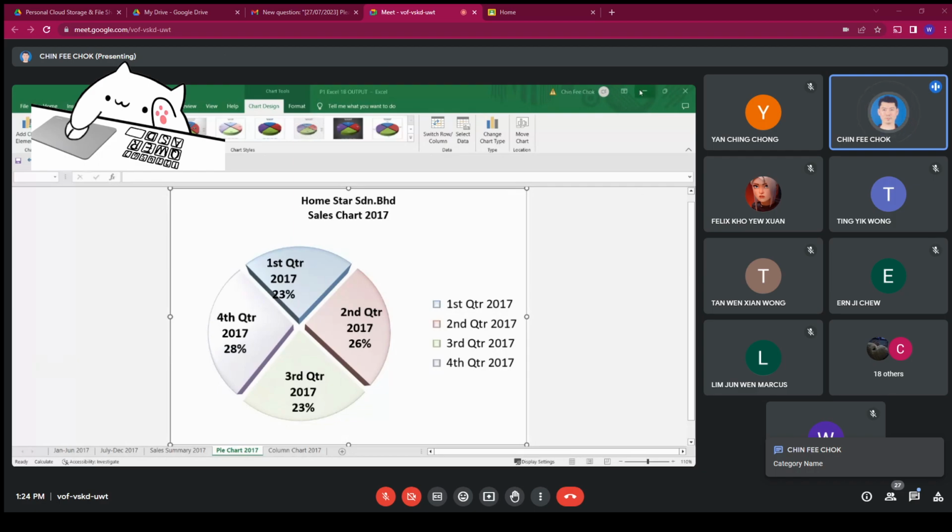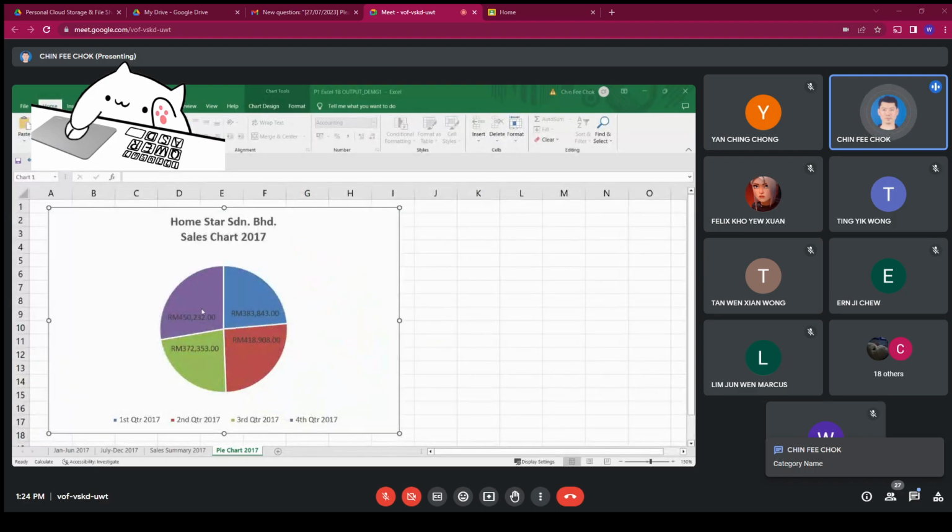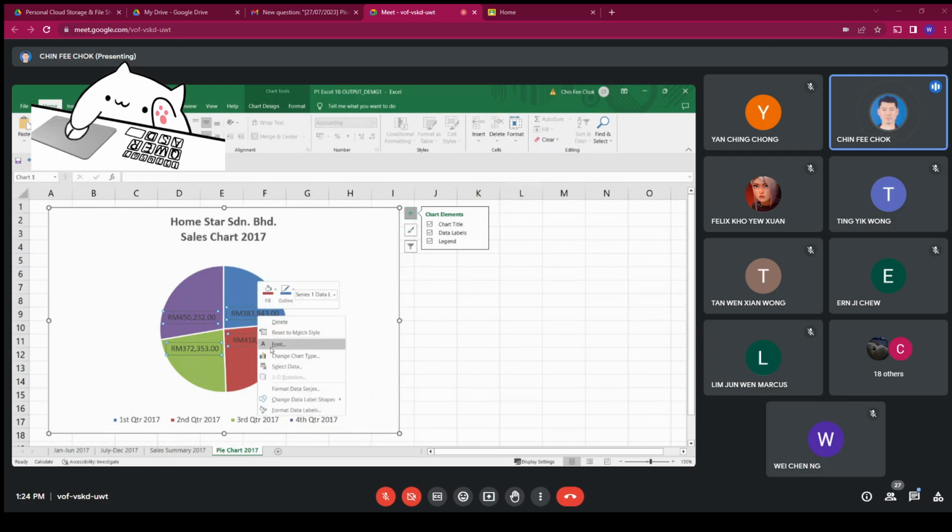Now you just click any one of the figures here. Once you click, then all four will be selected. You click any one, all will be selected. Then you can right click. Then you can select